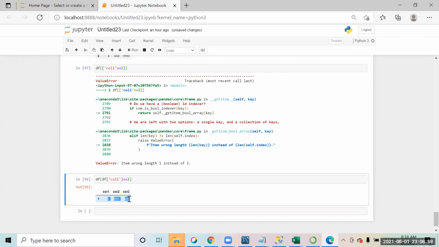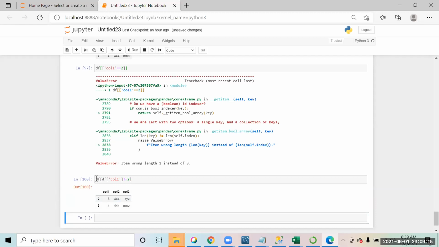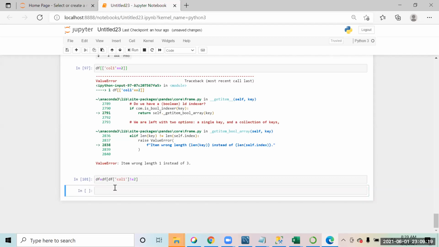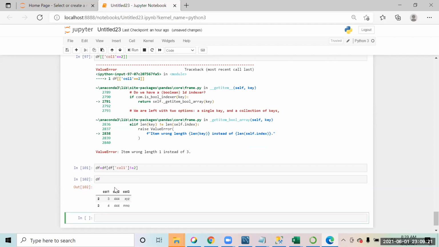This is the row I want to grab. If you don't want to keep this data, you will say not equal to 2. That will give you all the data where it is not equal to 2, so the rest of the data, 3 and 4. Now you can update it into df equal to this. So now your df is updated. You have only 3 and 4 now.